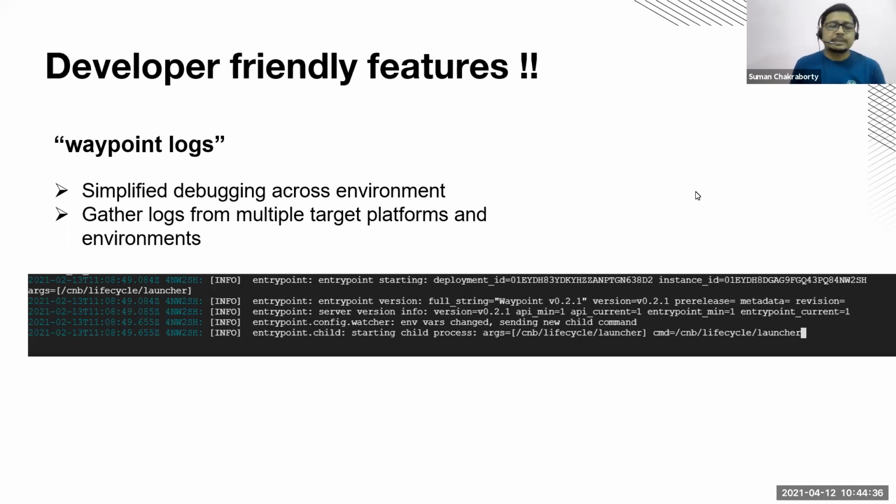Waypoint logs just provide a simplified debugging experience that helps them understand what the recent logs from the application or deployment are. Let's say there are certain failures, then they can simply gather those logs from different target platforms, and do certain analysis or troubleshooting on that particular deployment. It is not actually the replacement of your existing persistent storage logs, where you are storing all the logs from the application as well as the platform, but it's a good way for the developer to know whether the application has been able to make it into the target platform or there are any issues concerning it.